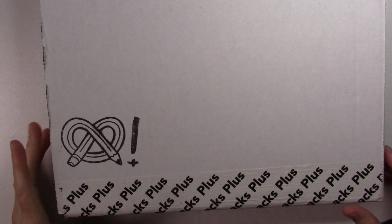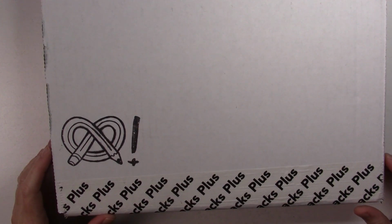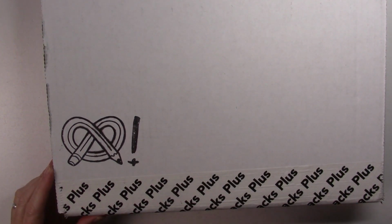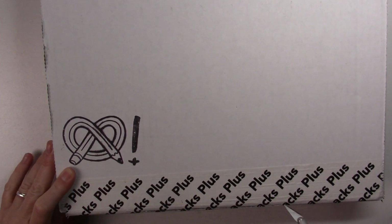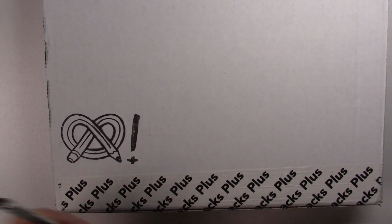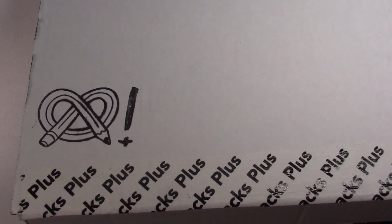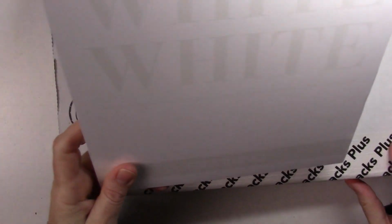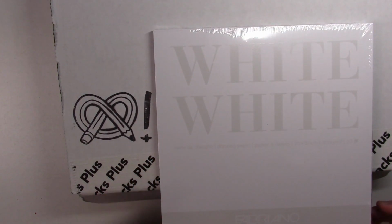Hi everyone, today I finally received my November Artsnacks Plus box. I don't know why it was a little bit late this month. I think it's some problem with the postal services, but no matter, it's here and we'll find out what's in here right away. So we'll start with the surface first, and it is a Fabriano